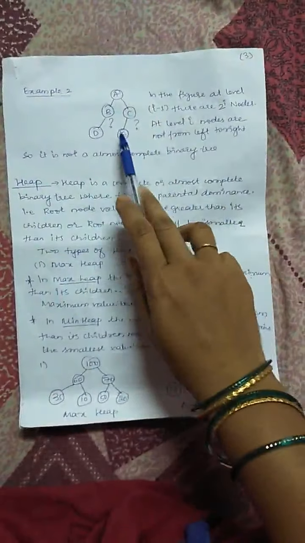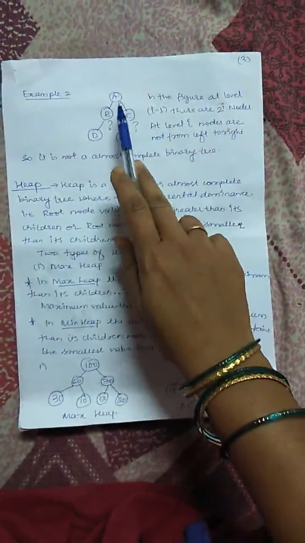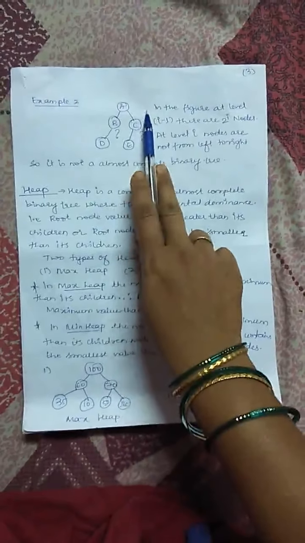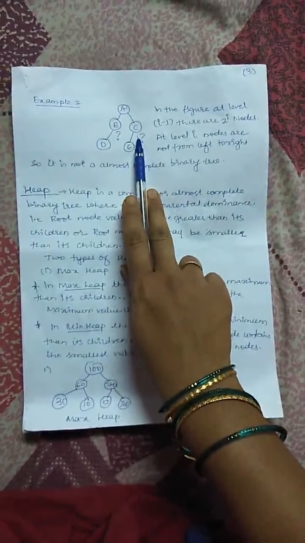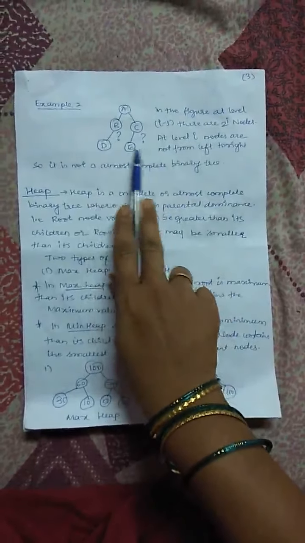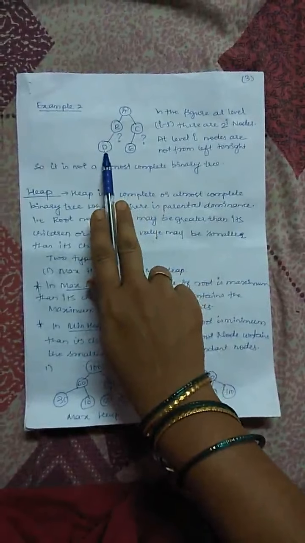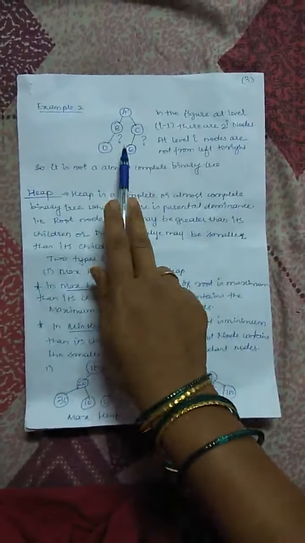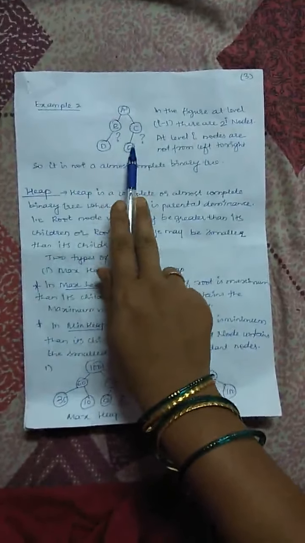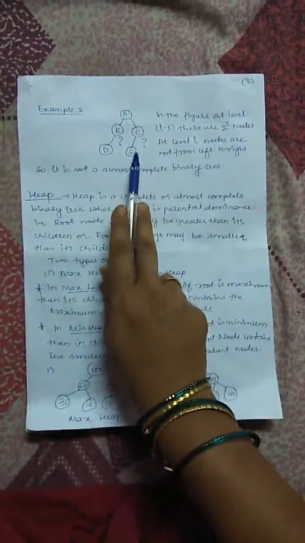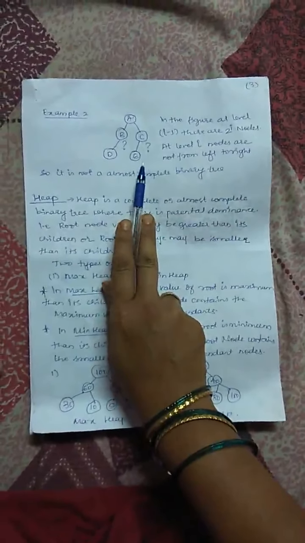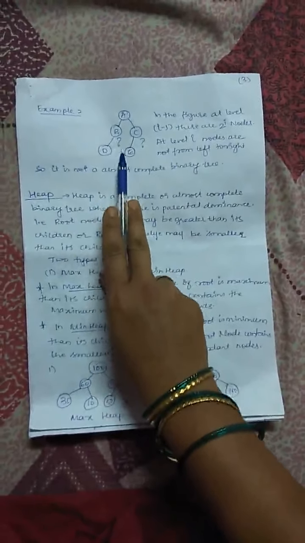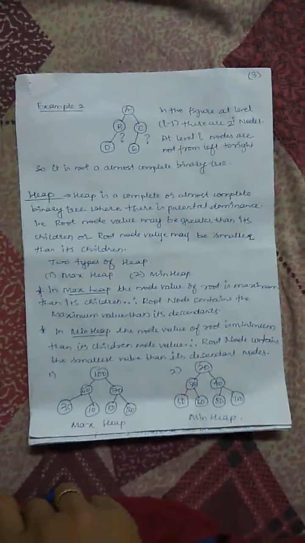Now see this example. Here, see this is level 0, level 1. It is satisfying the first condition, that is, till i minus 1 it is having 2 raised to i minus 1 nodes. Yes, but what about the last level? See, in the last level, the nodes should be filled from left to right. See, this is not filled, but this is filled. Means what? A left child is not filled, the right side is filled here. So this is not a complete binary tree here. Or this is not an almost complete binary tree, because here a node is missing. So it is not an almost complete binary tree.